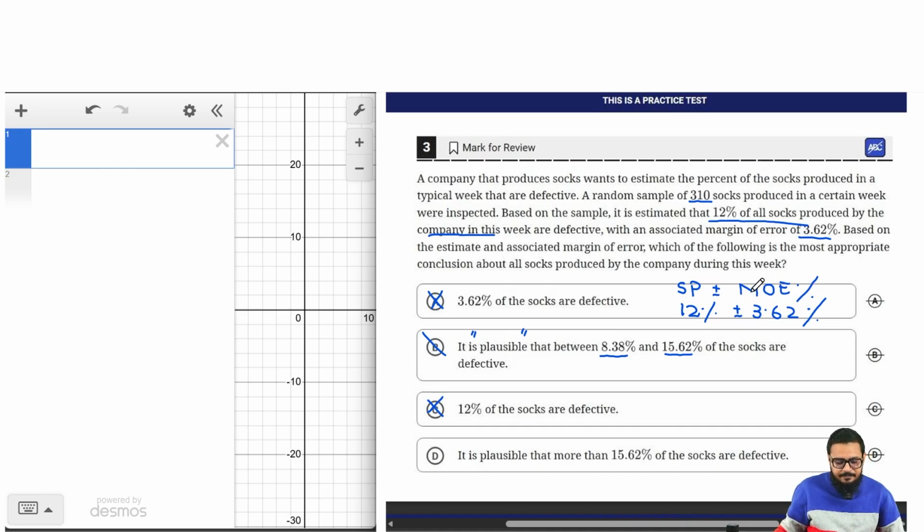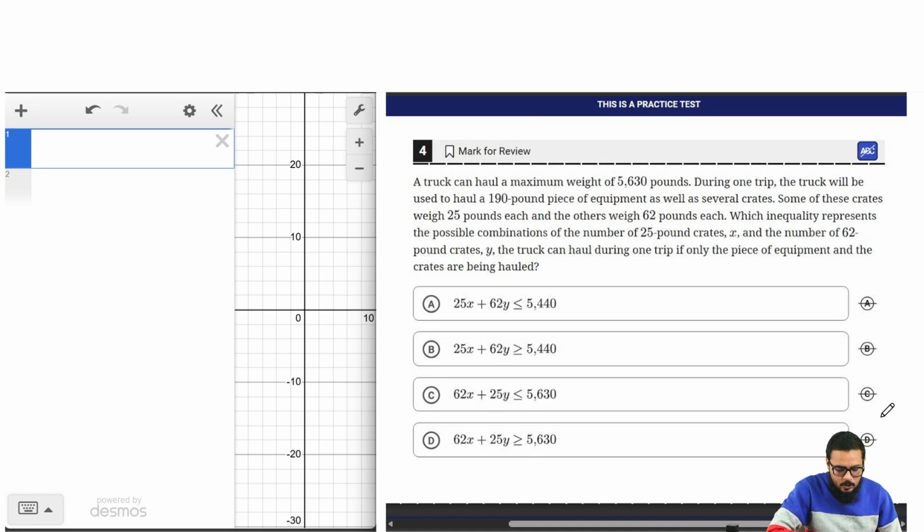A truck can hold a maximum weight of 5,630 pounds. Now, during one trip, the truck will be used to haul a 190-pound piece of equipment as well as several crates. Okay, so that's one thing, a 190-pound piece of equipment and some crates. Some of these crates were 25 pounds and the others were 62 pounds each. Now, x represents the quantity of 25-pound crates and y represents the quantity of 62-pound crates. So if I have got x crates, where each crate weighs 25 pounds,